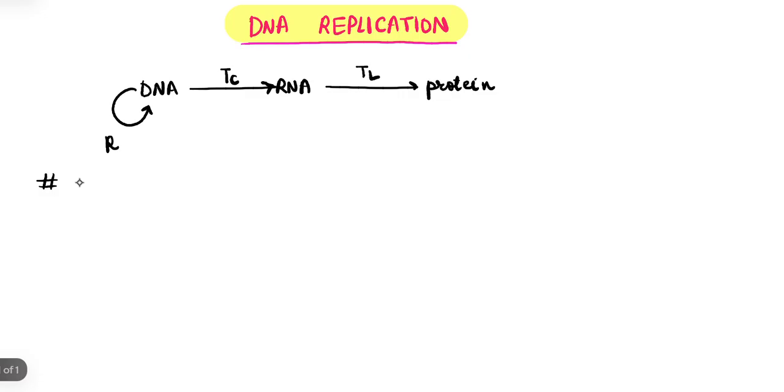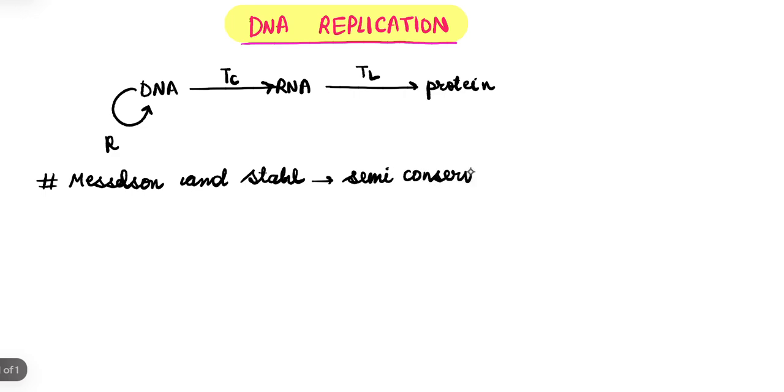According to the experiments which were done by Meselson and Stahl, we come to know that DNA replicates semi-conservatively. The term semi-conservatively refers to the two DNA strands which are together, suppose if I make these strands like this,